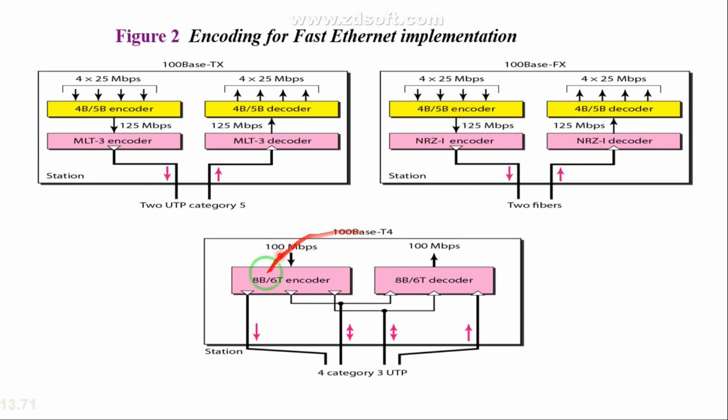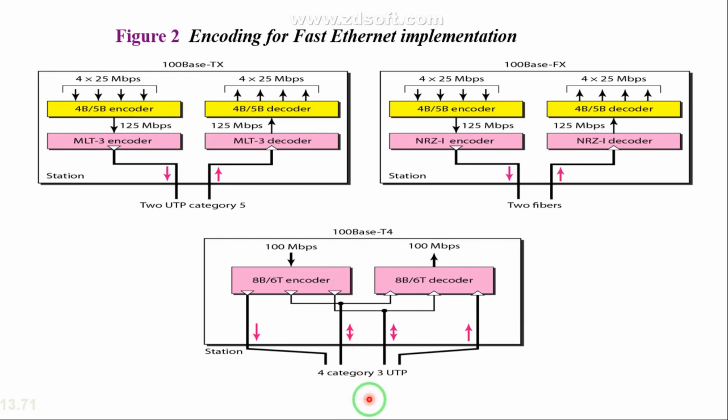After that one, the third implementation was 100Base-T4. Because 100Base-TX can provide a data rate of 100 Mbps, but it requires the use of Cat5 cable or shielded twisted pair cable. So this is not cost efficient for those premises that have already been wired with UTP category 3 cable. So a new standard called 100Base-T4 was designed to use this Cat3 cable